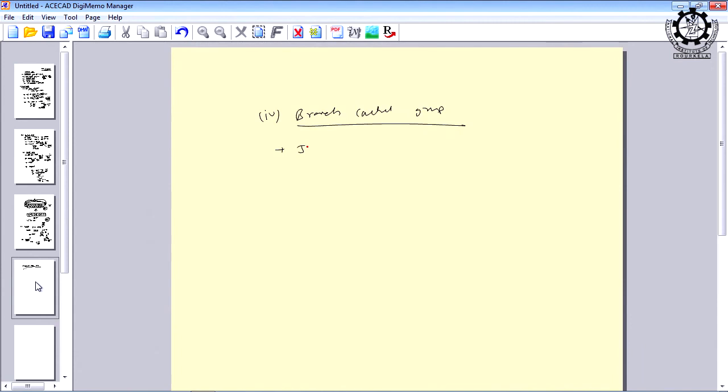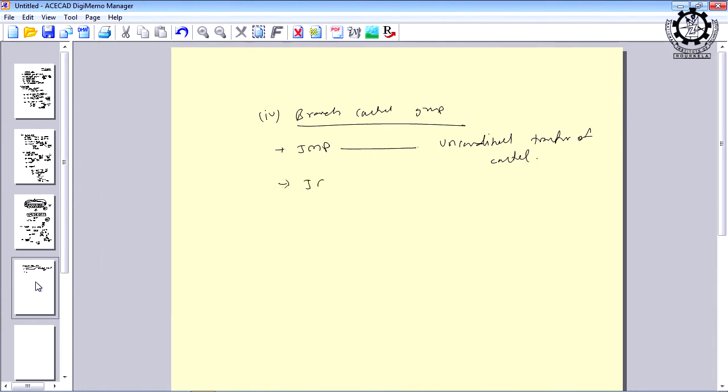The simplest branch control instruction is called jump, followed by a memory location address. Here you can specify any 16 bit memory location address, and this we call unconditional transfer of control. This instruction is responsible for transferring the control of execution without any condition, and this is also most often required. While writing the program, you will see that we shall use this instruction also.